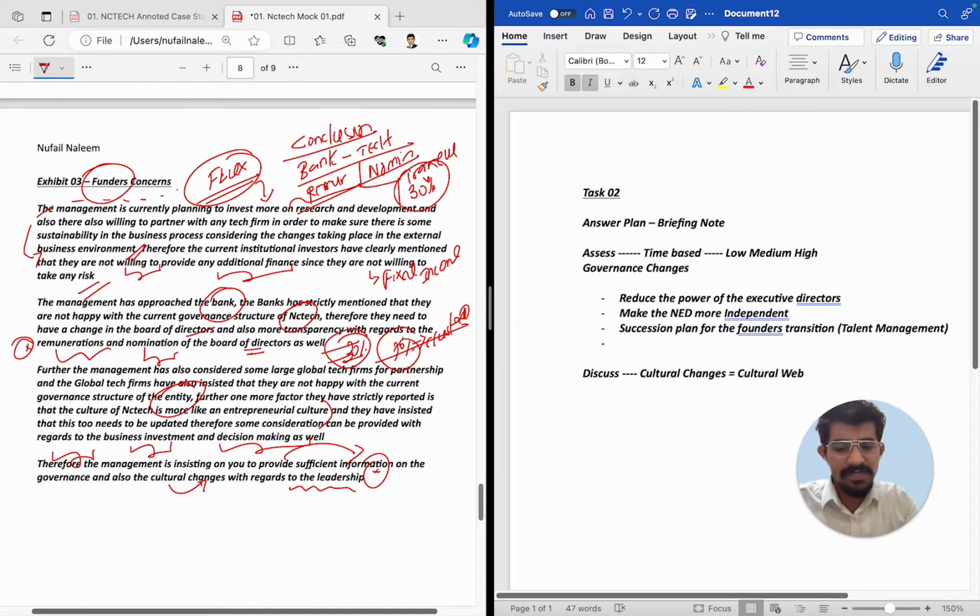And then students, the next one, make the remuneration and nomination decisions transparent. We have to know how these things are affected. That is one more factor, if I'm not mistaken. And then students, just to make your understanding very clear,